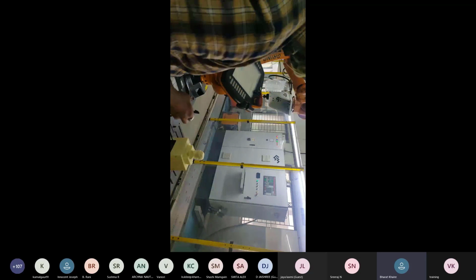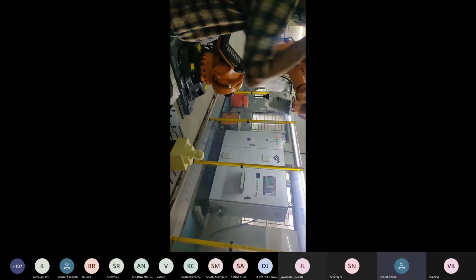So there are some restrictions given to stop the robot before collision. This type of limitation is compulsory to give the robot to reduce accidents.